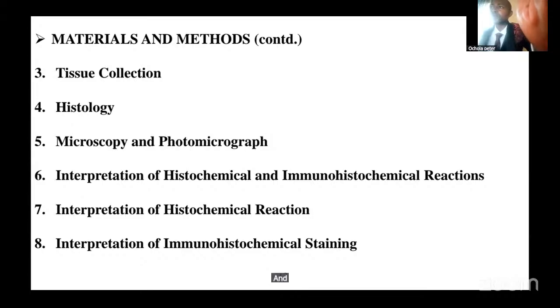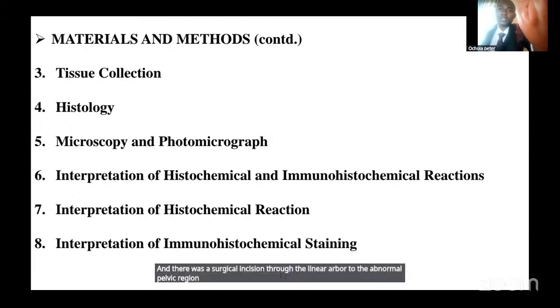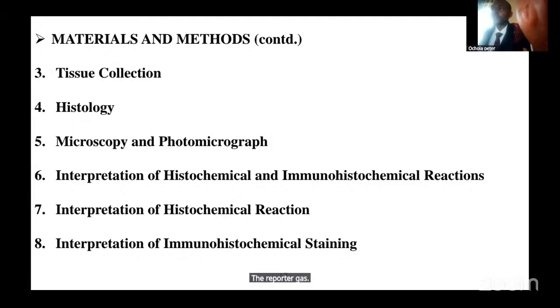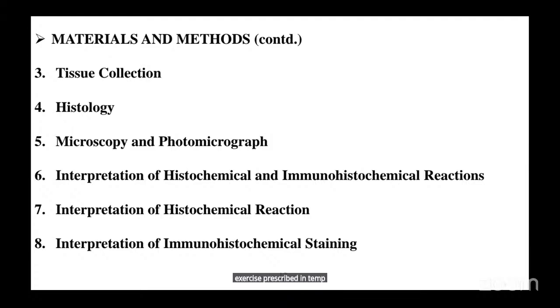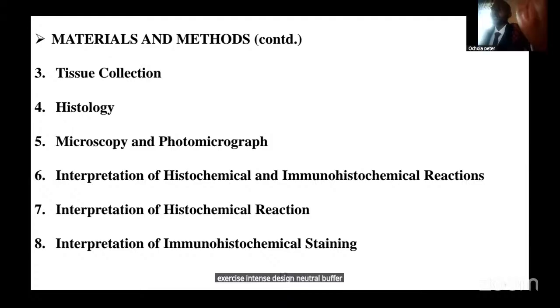A surgical incision was made through the linea alba to the abdominopelvic region to expose the reproductive organs, and these tissues were carefully excised and preserved in 10% neutral buffered formalin